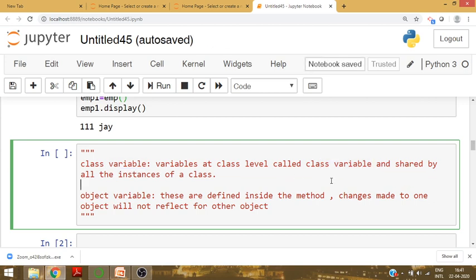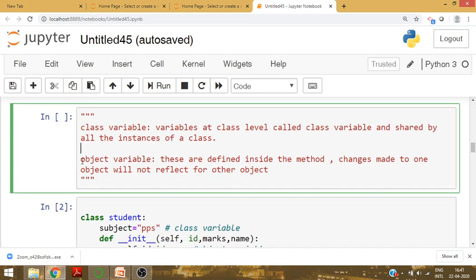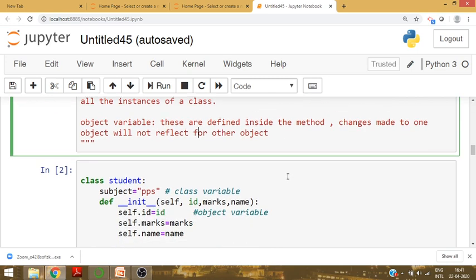And those class variables are shared by all the instances of the class. Everyone can access those class variables. Next is object variable. Object variables are defined inside the method, and changes made to one object will not reflect for the other object.